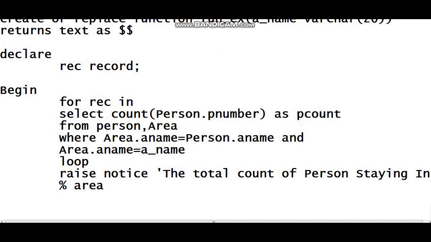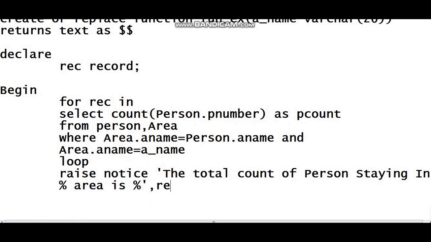Raise notice, the total count of persons staying in percent area, this is nothing but the placeholder. Area is again percent, single quotes complete, then comma. The total count of persons staying in person, this is for the area name is person, here it is going to give us the count.